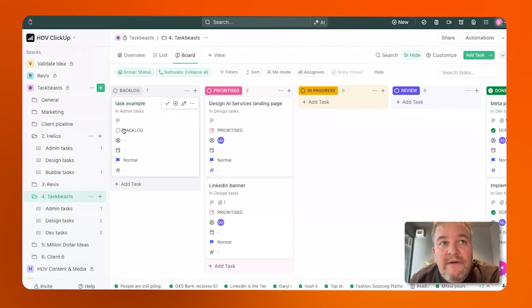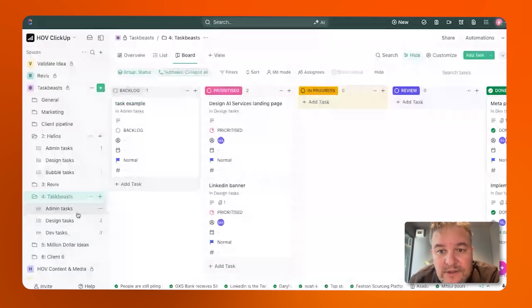So you'll have a board and you'll have different types of tasks. Like these are administrative tasks that'll be done by a VA or something. You'll have design tasks being done by a designer. We have dev tasks. You might have other tasks. Maybe you have marketing tasks, and we'll have a marketing list. So there's different types of tasks. So you would just go to the appropriate list. So say admin tasks,